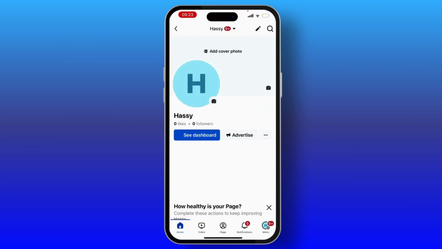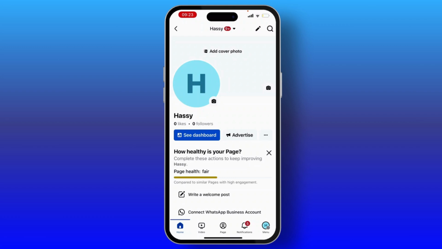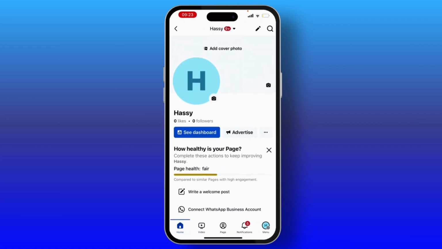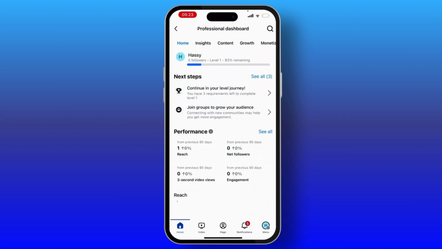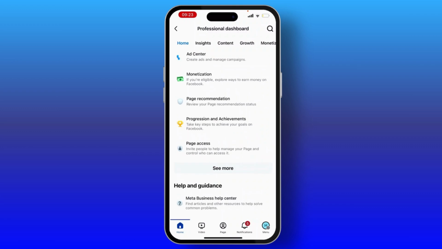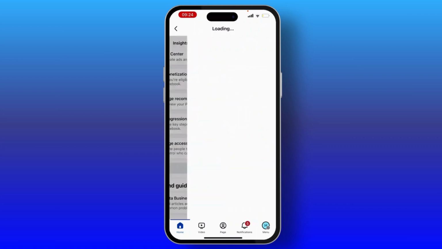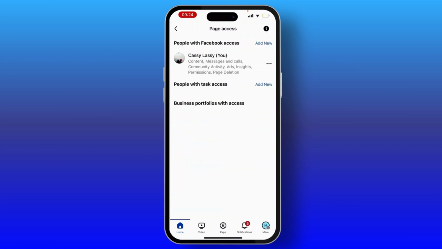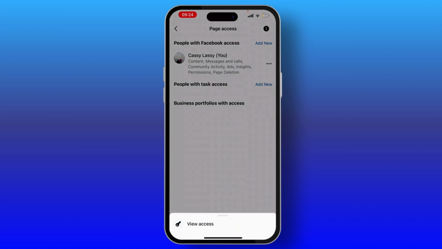Now simply go through the profile page of your Facebook page. Once you go there you will see dashboard option, tap on it. From here, scroll down a little bit. There you will see page access. Simply go through it. From here you can see people with Facebook access,